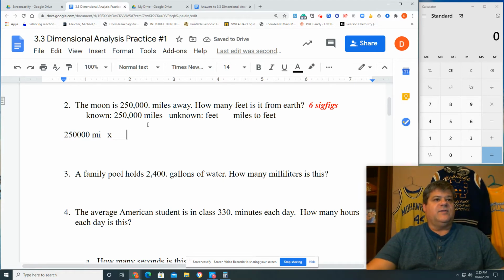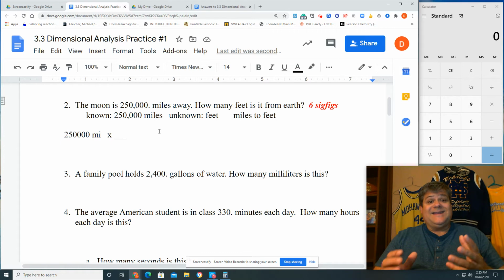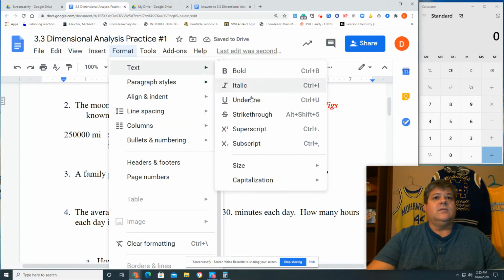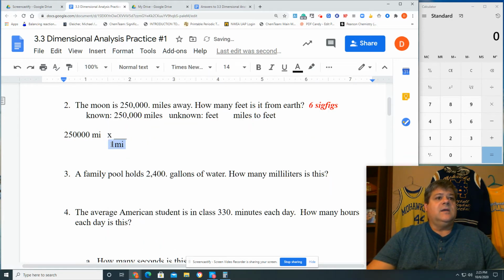Then we use our conversion factor, miles to feet. Well, do you know what it is? I do. Hopefully you do too, because you need to have this in your head, since I don't think we have it written down anywhere. So we're going to basically say that 1 mile equals, and I'm going to make sure we're not striking through that, at least not yet. So we have 1 mile, and that's going to equal 5,280